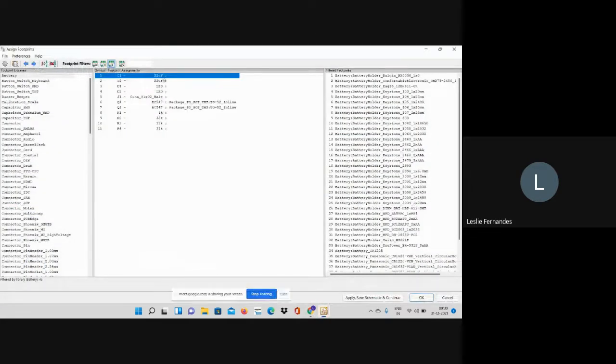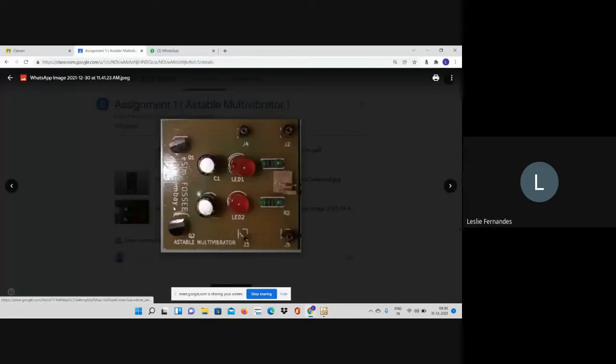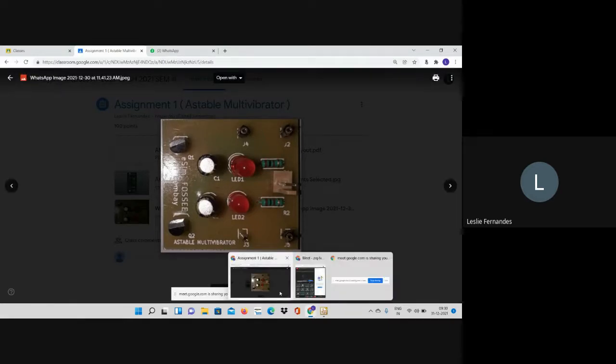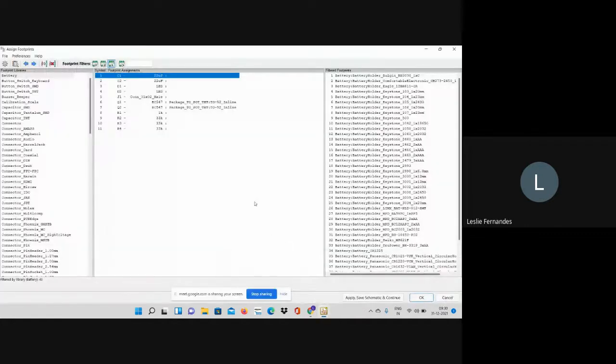I think it must have loaded by now. Okay, so now let's select a footprint for this 22 microfarad capacitor. Now, I have already measured this radial capacitor which I had. The diameter was 5 mm and the spacing between the leads was 2.54 mm. So I will select a package according to something close to it.